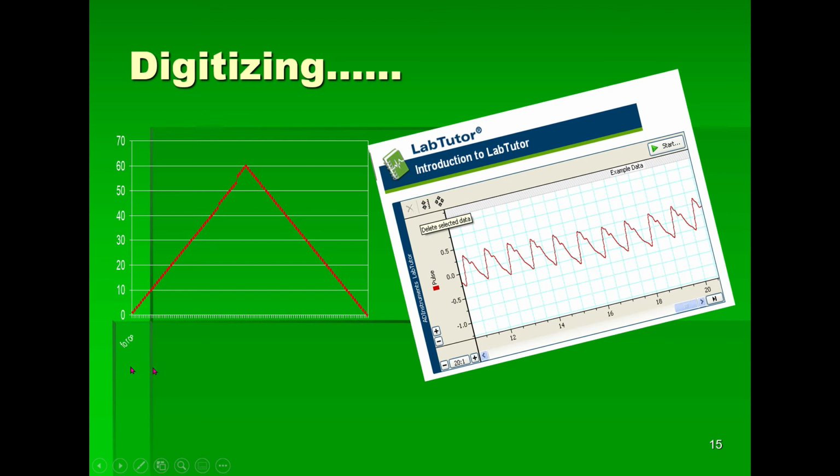And you see, after the removing, digitizing, now these signals are in digital form, but they are looking like a line. Basically, these are small digits which are appearing in this form. So this is known as digitizing. After sampling, your data will be neat and clean, and digital signals appear on the Lab Tutor. This is the Lab Tutor software, this Lab Tutor screen. So I hope you understand how it is working.